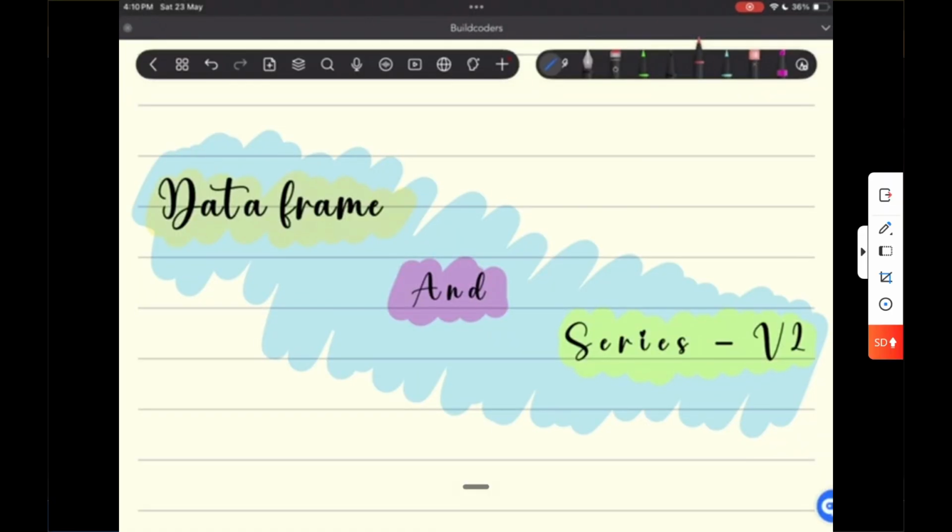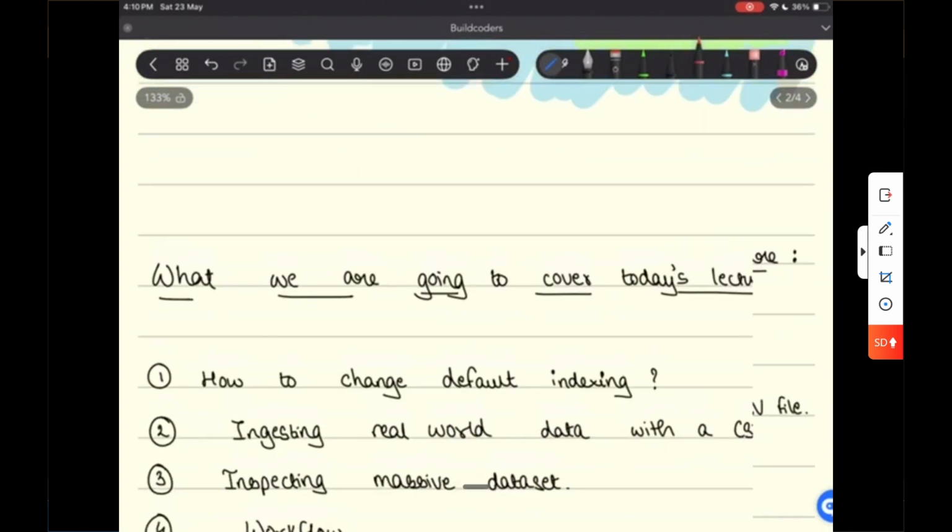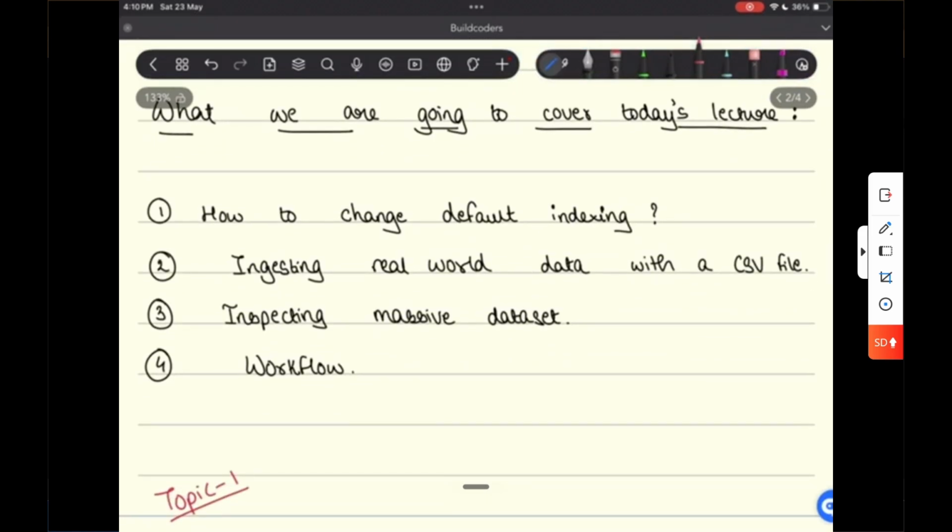To another very interesting and energetic lecture on DataFrame and Series. In the previous lecture, we understood what a DataFrame is and what a Series is. We understood why we use a list in a Series and a dictionary in a DataFrame. So without wasting time, in today's lecture, let's start with the 4 important topics that we are trying